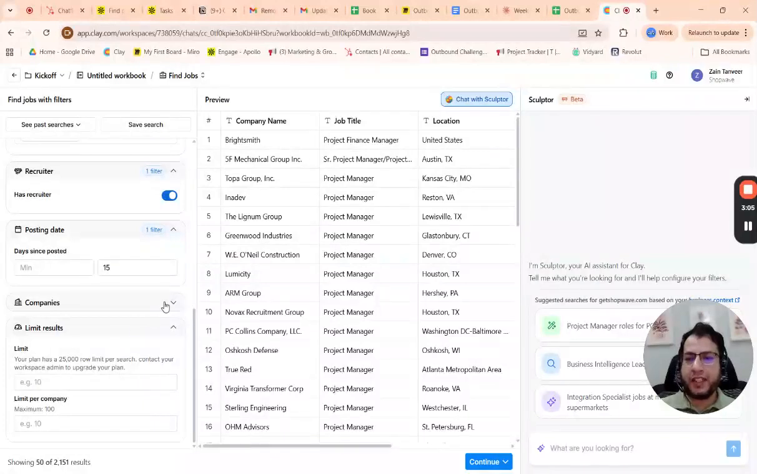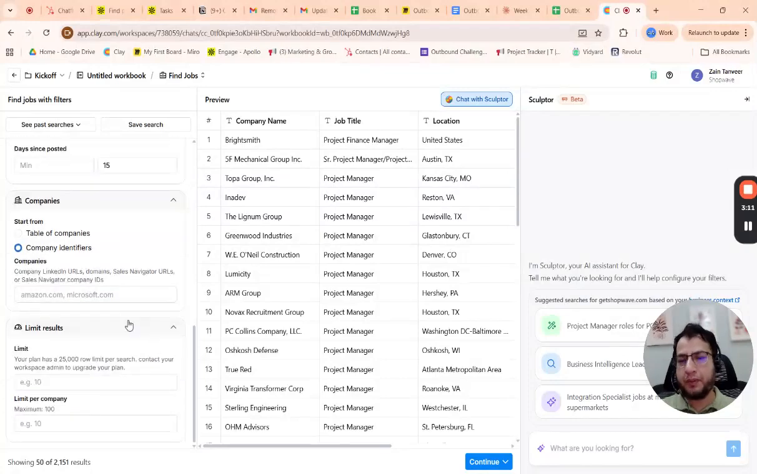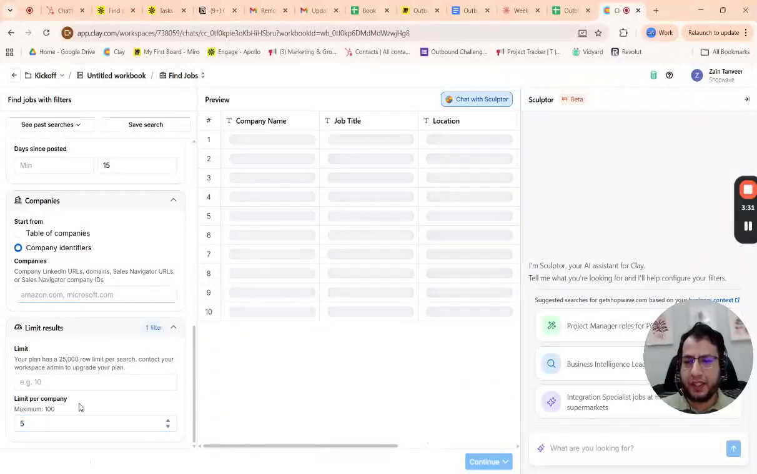Then there are more filters, like you can have a list of companies that you want to target. You'll have to put them in a separate table and then include them here, or you can include the companies manually by adding URLs, company domains, or Sales Navigator URLs. Sales Navigator is the premium account of LinkedIn. We can also limit the results based on how many jobs we want to see per company. Let's do 5 jobs per company,